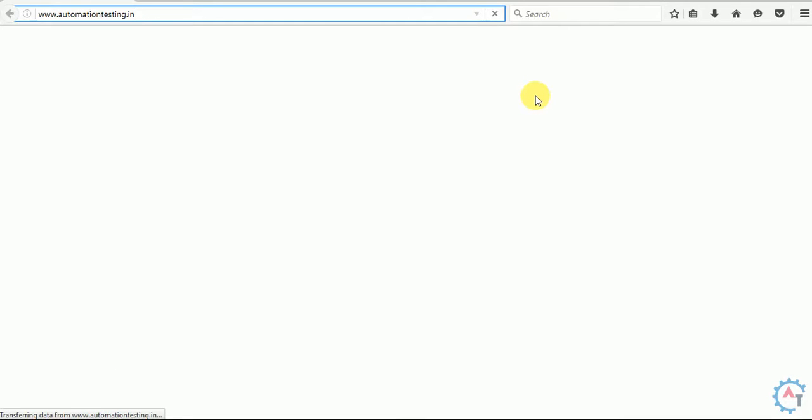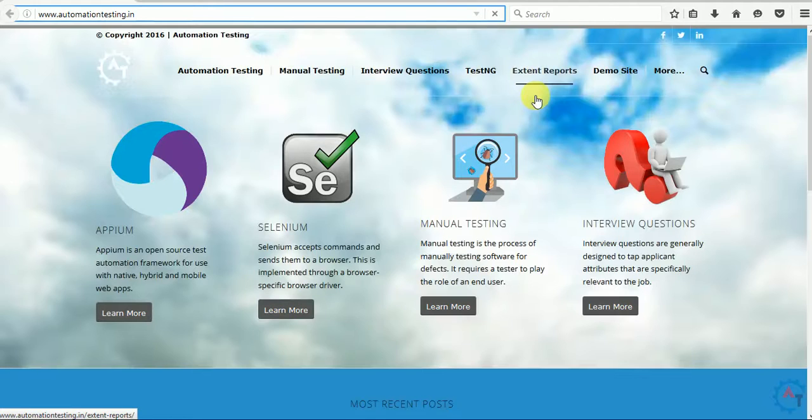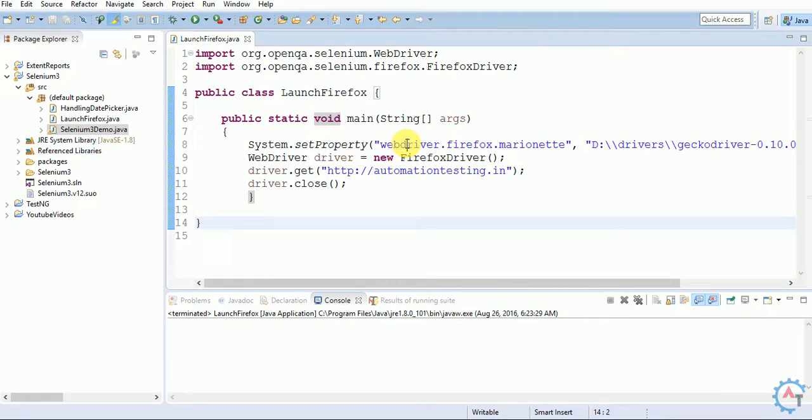It opened the browser, navigating to automationtesting.in. It's still loading. It closed the browser. It means if you use webdriver.gecko.driver, it might launch the browser, but it will not close. You will find issues while closing, but if you use webdriver.firefox.marionette, then it works fine.